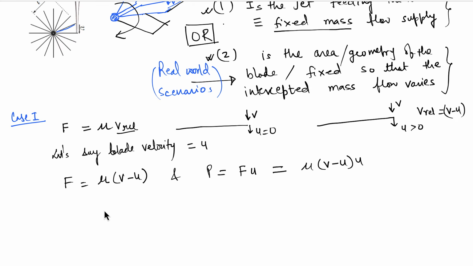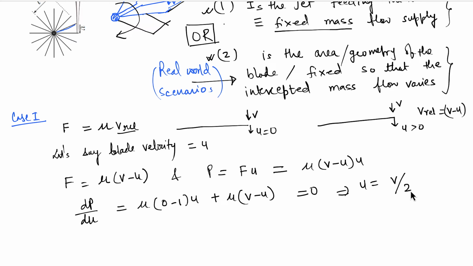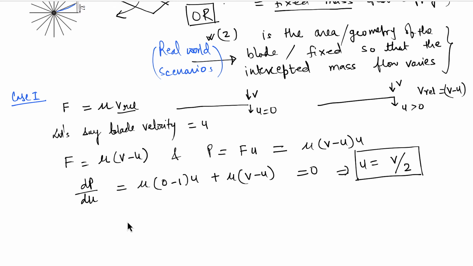Okay, and to maximize power, we need to just differentiate with u. We need to find at what u this power is maximum. And this is going to be 0 minus 1 u plus..., and if we put this to 0, we get u as v by 2. Okay, so at this velocity, the maximum power could be generated and the power would be mu